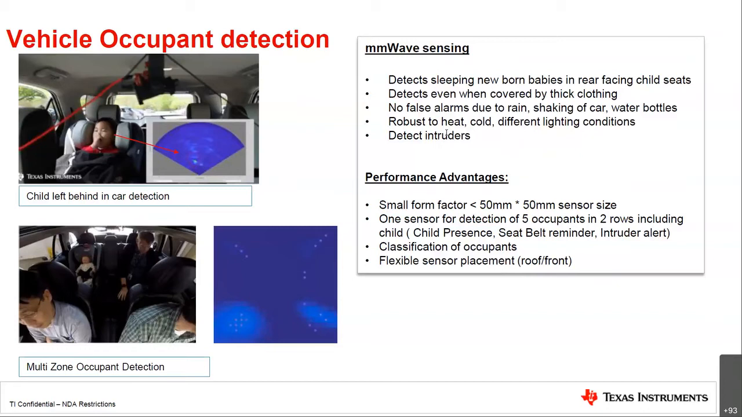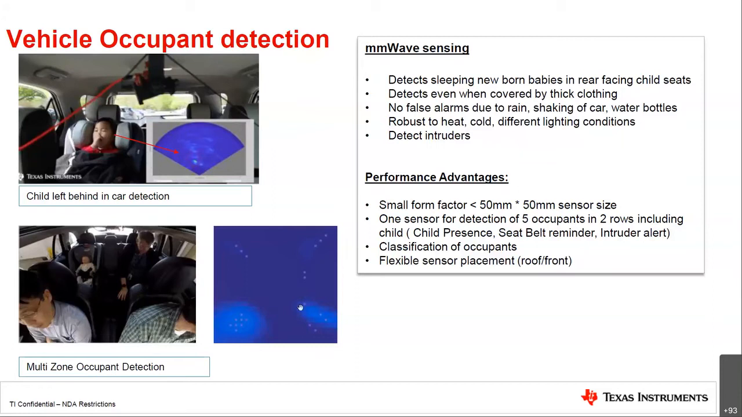In addition to occupant detection, though, you can see that because of this wider field of view compared to a camera, you can also detect intruders that are approaching the vehicle. In addition to just being able to do a single child detection, we also are able to do multi-zone occupant detection, which similarly to the concept I explained earlier, in this image here of the output, you can see that the corresponding positions show higher energy intensity levels where we have